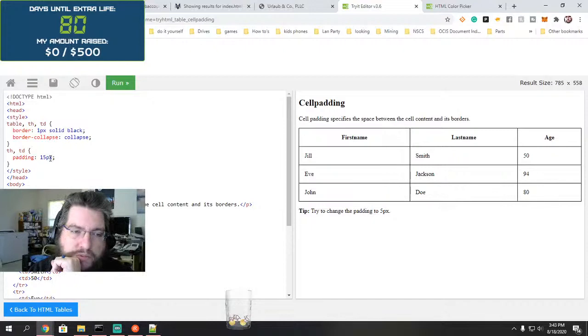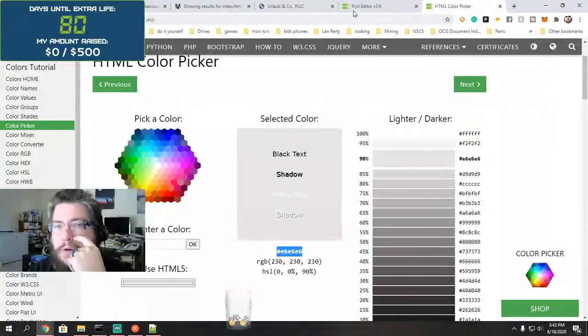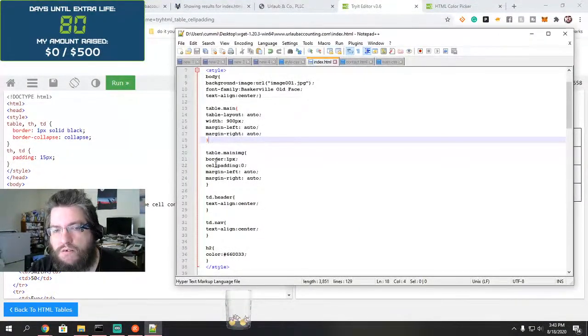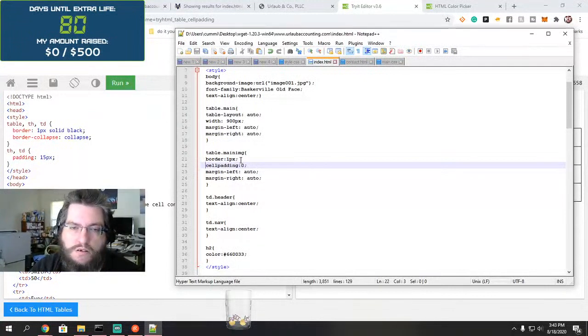Border collapse. Padding. Oh, so it is padding. It's just padding. Okay. And it's probably going to complain that it is not a unit, but we're going to go ahead and,